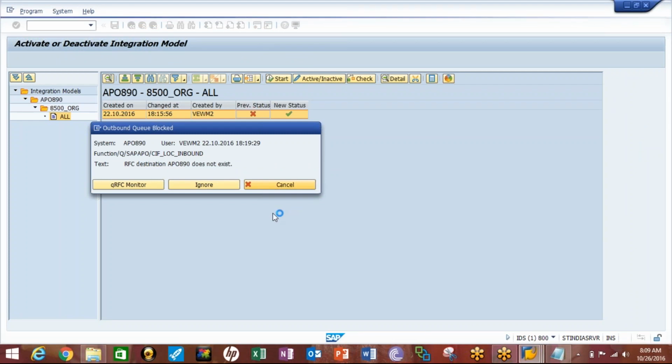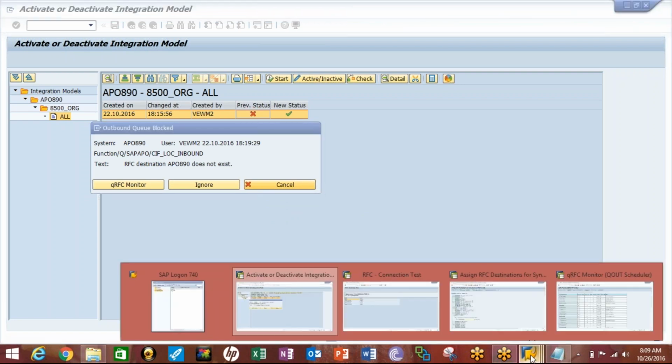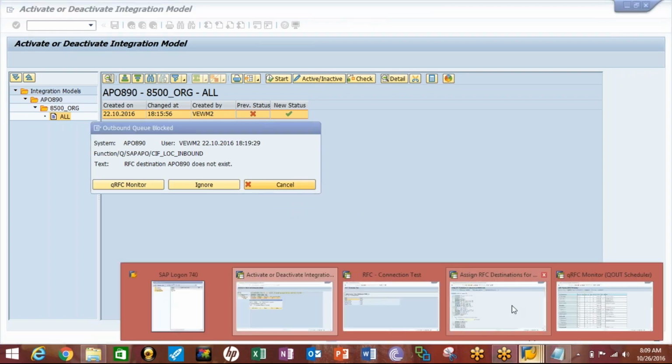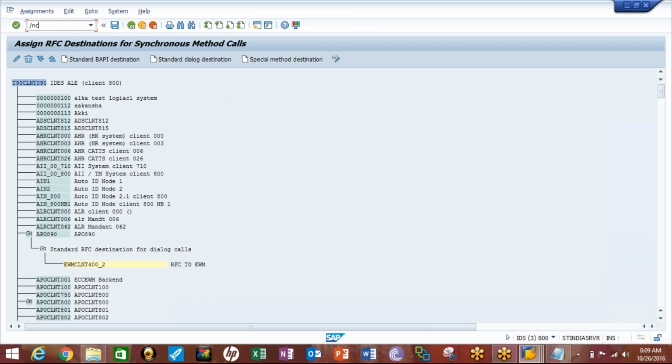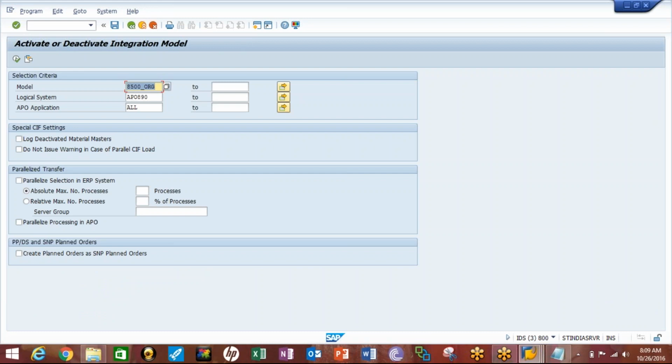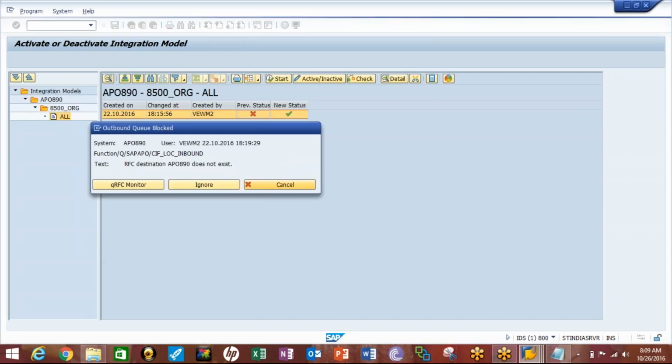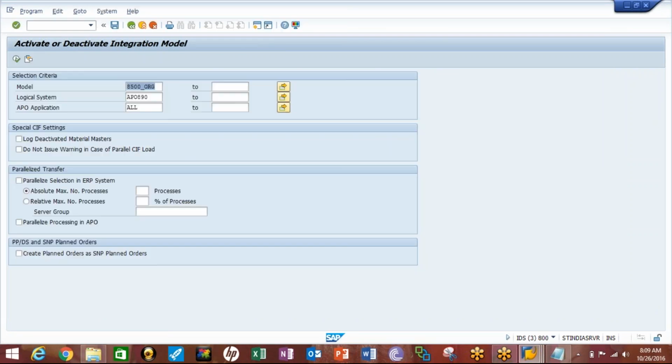I cannot see your CFM. Yeah, the selection screen of CFM, because I want to try from mine. Or maybe open a new transaction. APO 890 and APO 890 underscore ORG.